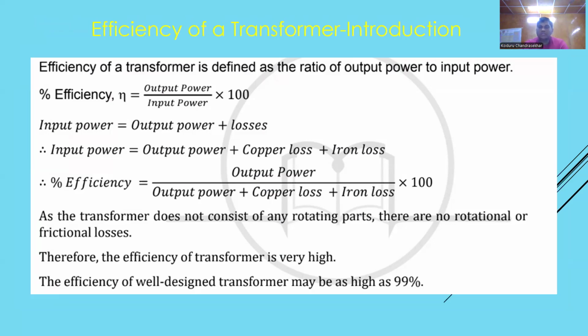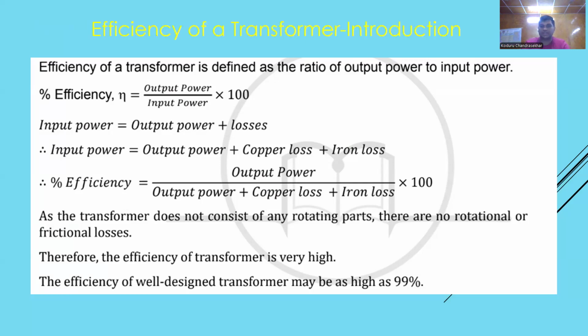Losses in transformer can be mainly categorized into two types: iron losses and copper losses. So iron losses, we have hysteresis losses and eddy current losses. So by rearranging the formula, we get percentage efficiency is equals to output power divided by output power plus copper losses plus iron losses. So as the transformer does not contain any rotating parts, there are no rotational or frictional losses. Therefore, the efficiency of transformer is quite high, and if well designed, the transformer efficiency may be as high